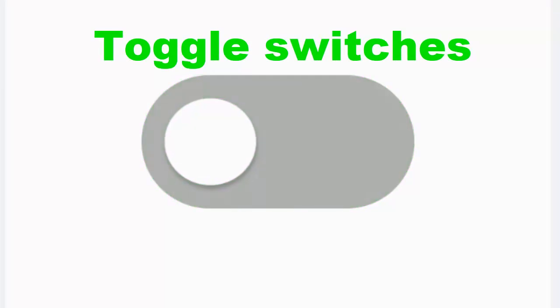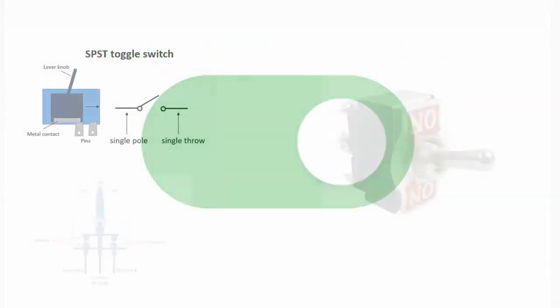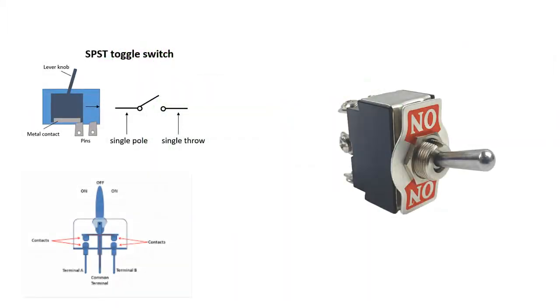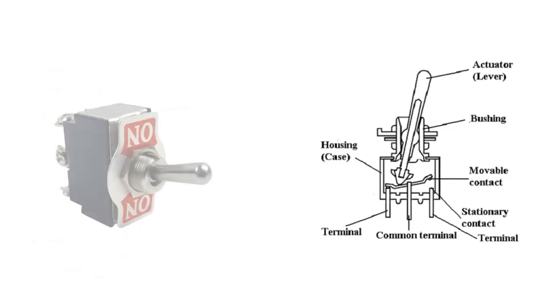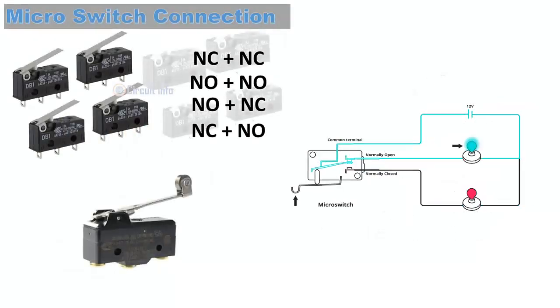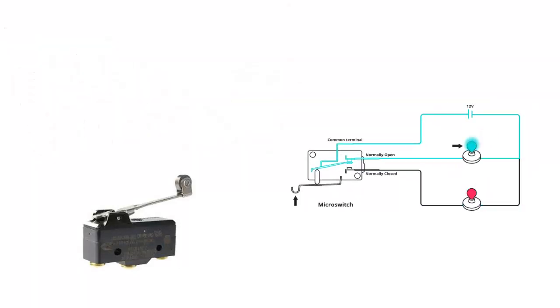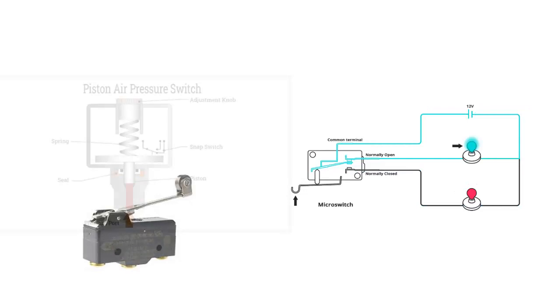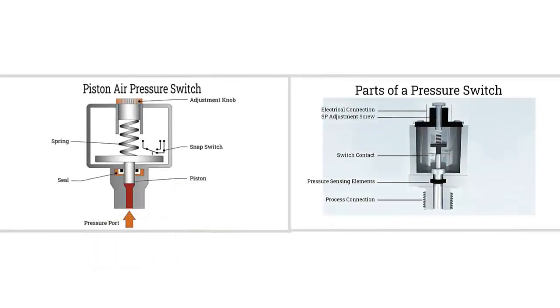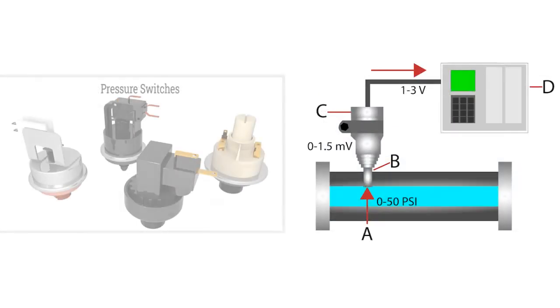toggle switches, manual switches that can be set in an on or off position, micro switches, small switches with a lever actuator, often used for detecting mechanical movements, pressure switches, detect changes in fluid pressure, typically used in hydraulic or pneumatic systems,